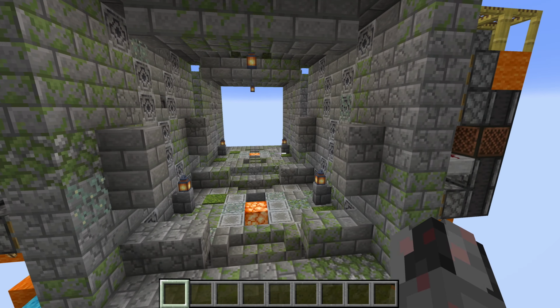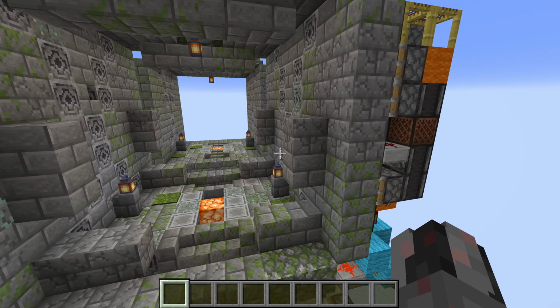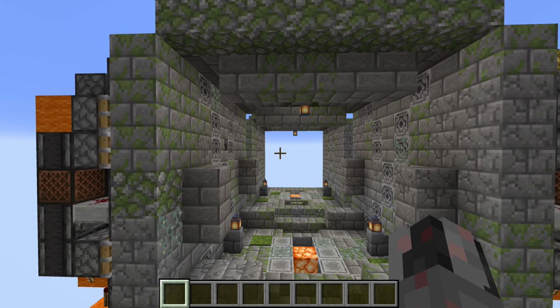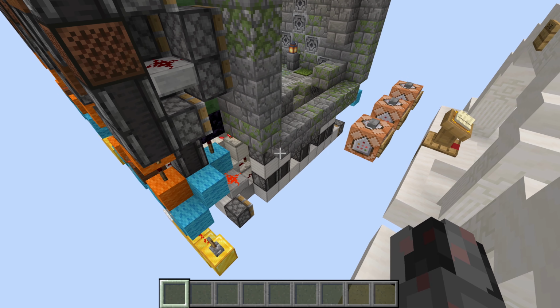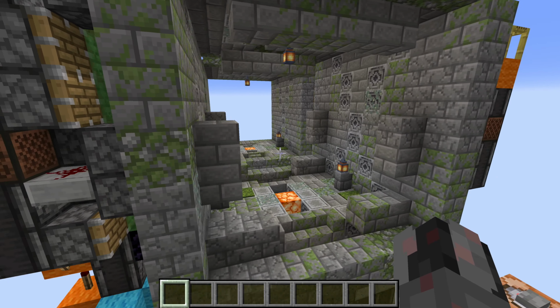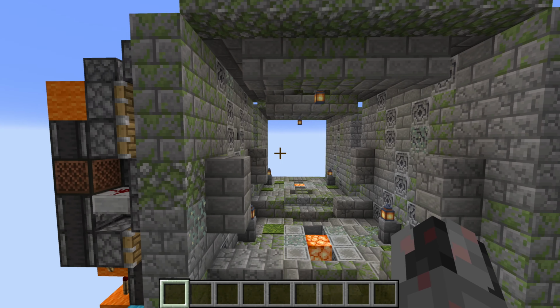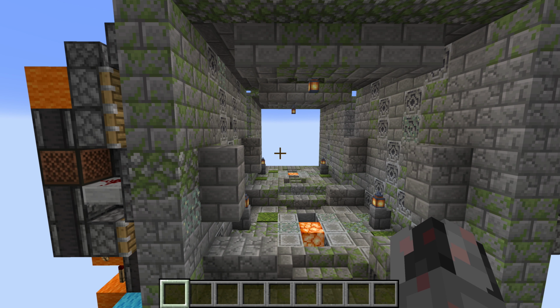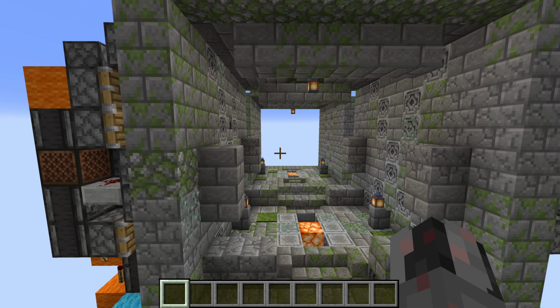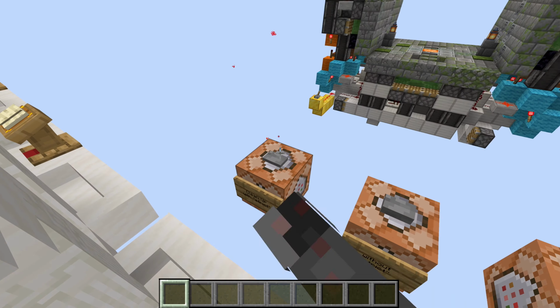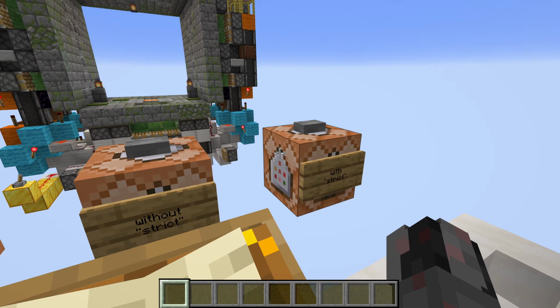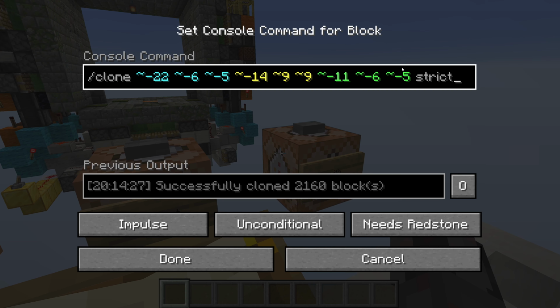Now in this case, it's not too much of an issue. You can just put those blocks here manually back into position. And alternatively, you could also just trigger the pistons themselves. But it's tedious, it's annoying, and bigger doors will completely break, and you will have to basically rebuild them from scratch. There are some tricks around this, but it's not necessary now, because if we use the clone command with strict,